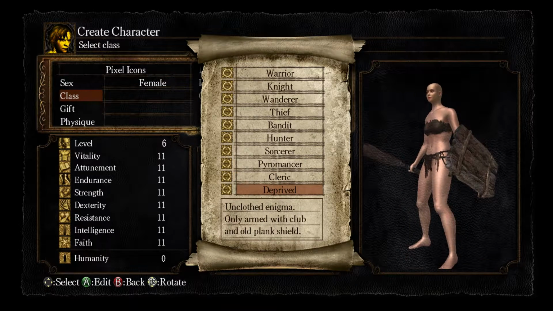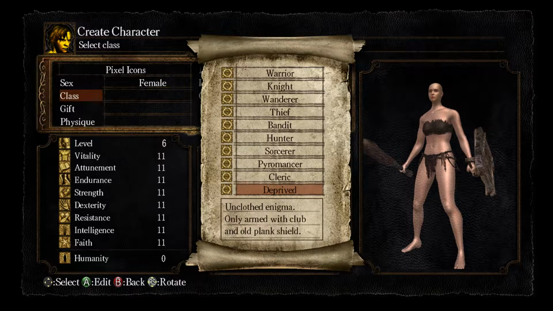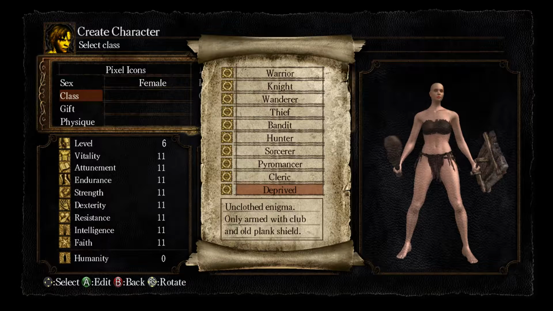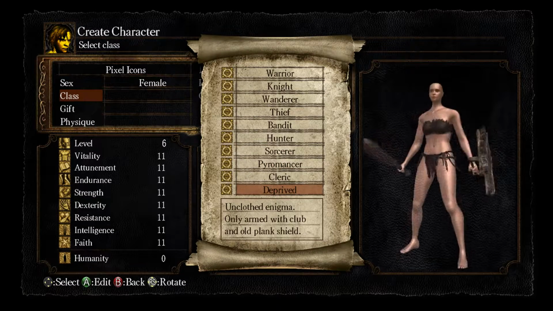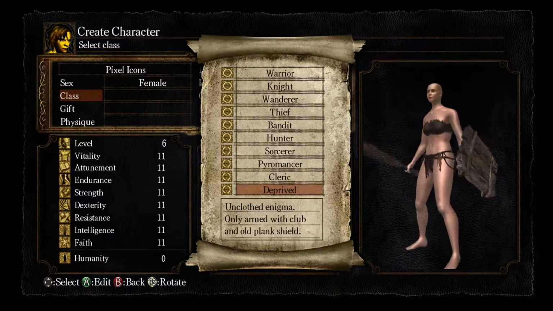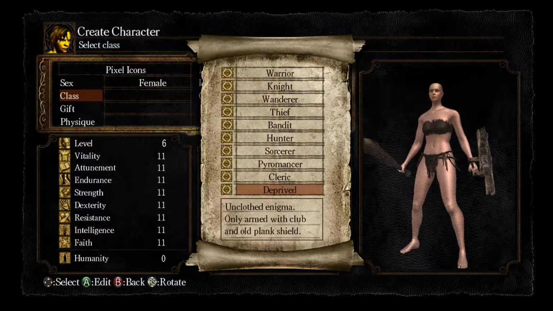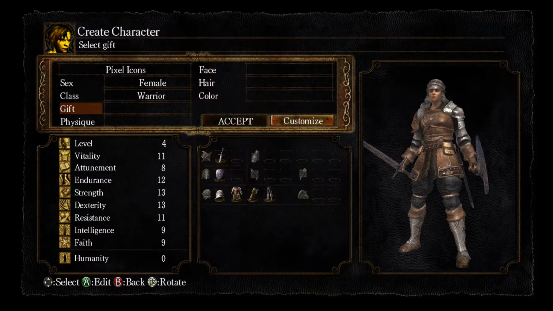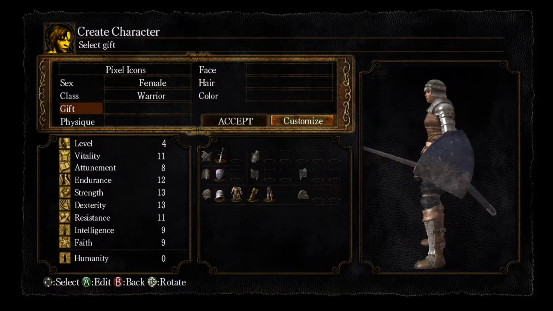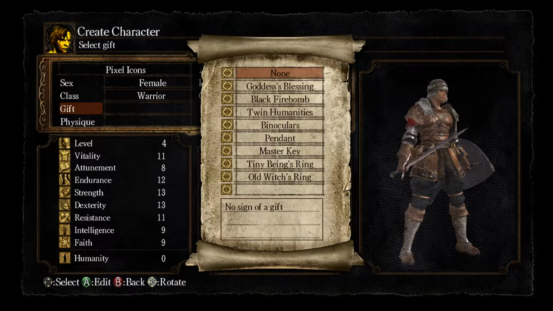And then we have the Deprived, which has the same starting stat, 11 for every single category except for Humanity. Has also the high starting level, but has probably the worst gear. The Reinforced Club and the Wooden Plank Shield. Although the Reinforced Club is a very good weapon. We're going to be picking Warrior, since it gives us the opportunity to go either or when it comes to weapon choice. We get to also choose a starting gift, which is almost like an awesome little starting item that